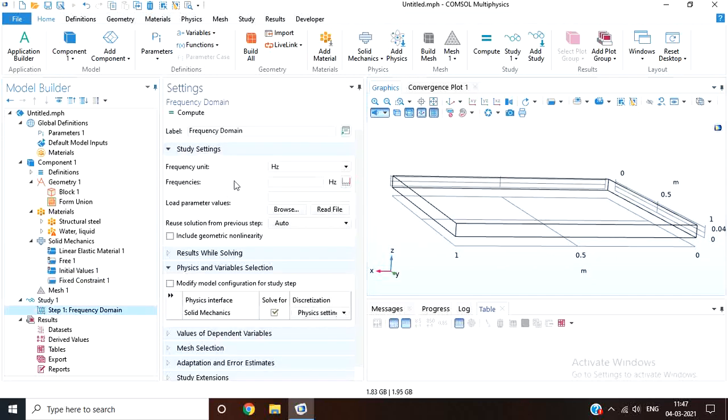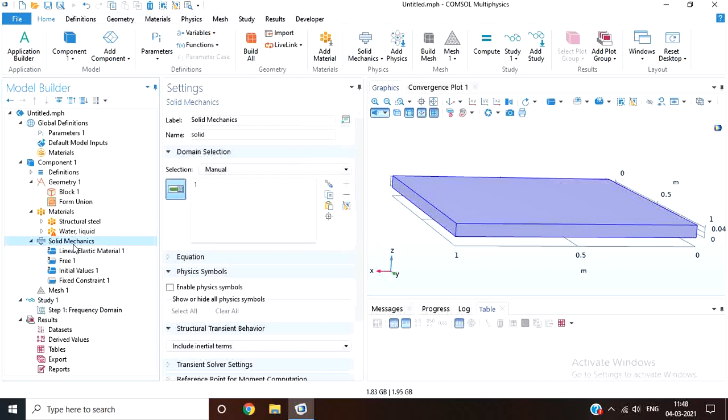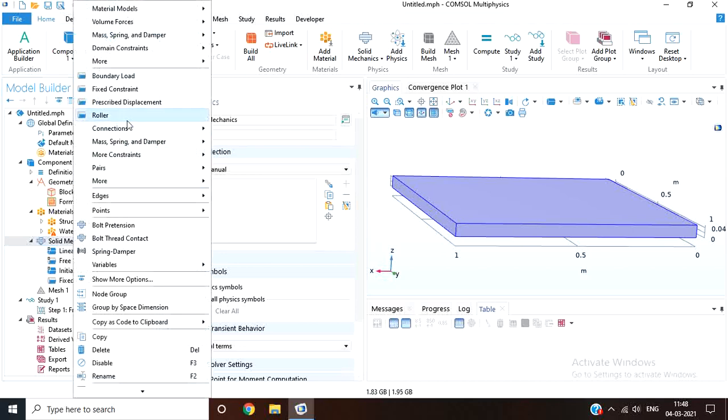In frequency domain study, we have to define the range of frequencies, and also we can add a force. Now instead of force, we'll be adding a base excitation to model a prescribed displacement, or let's add a boundary load.